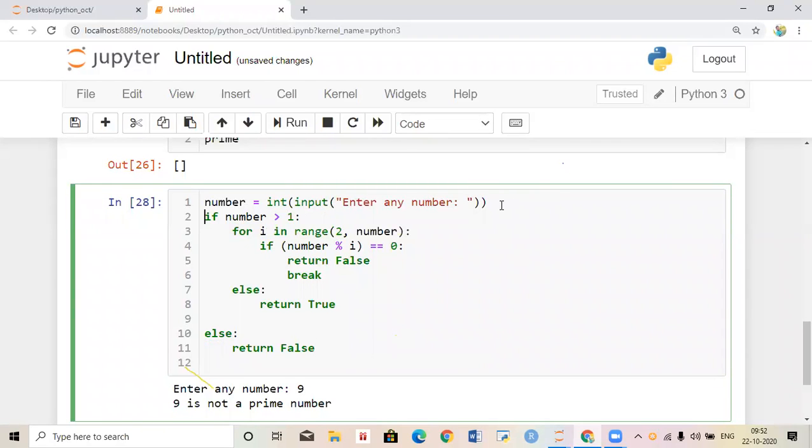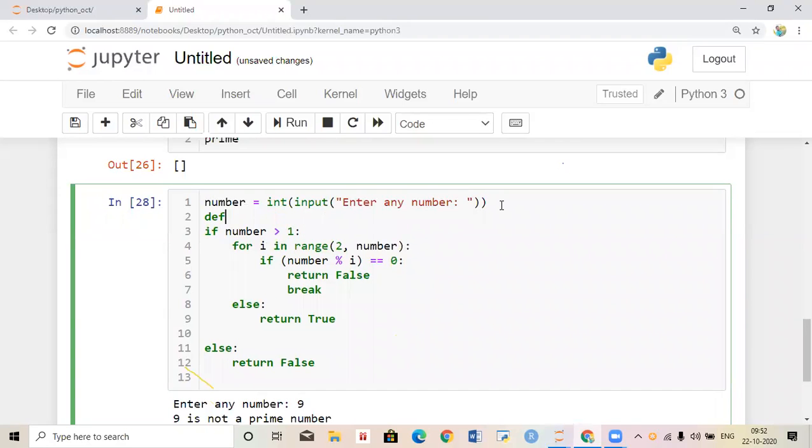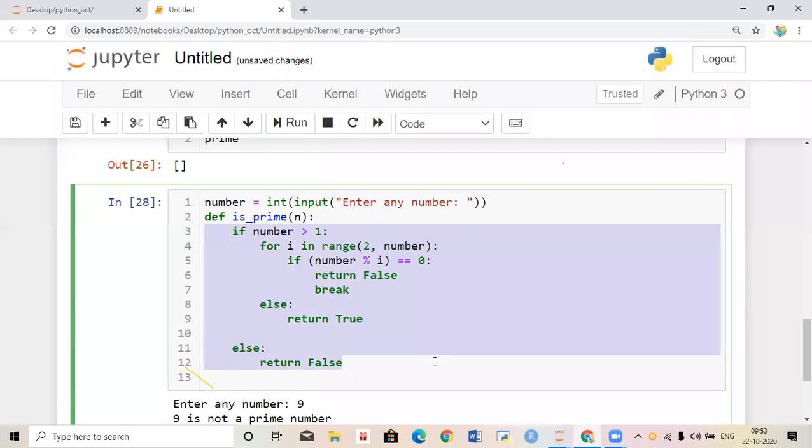Why are we discussing this one? It is a must and should. Why? Because if you are good at basics, this will be very easy.